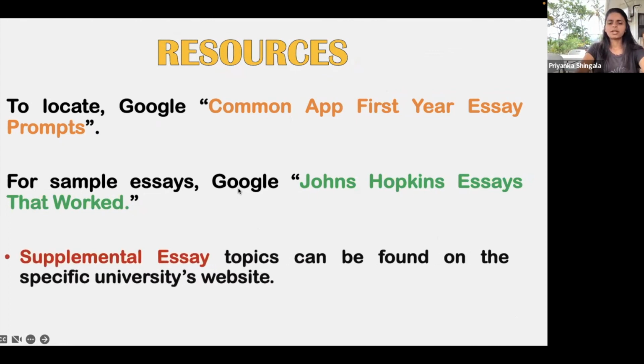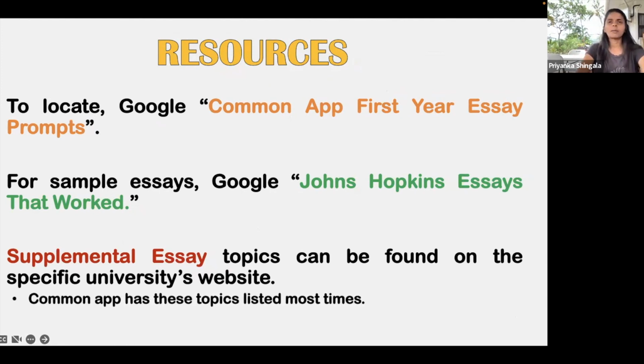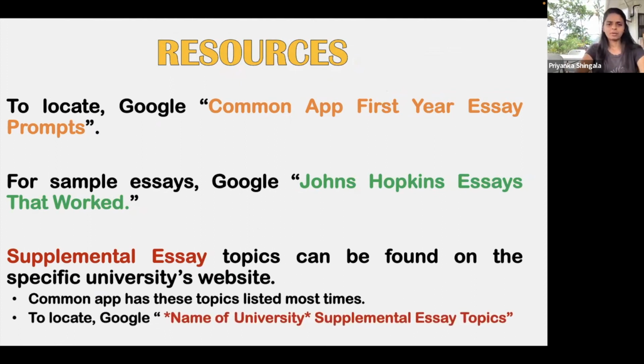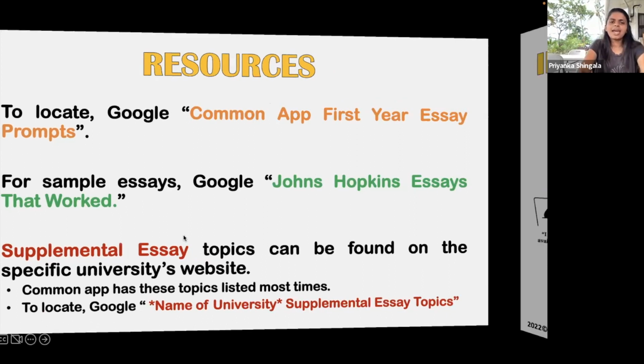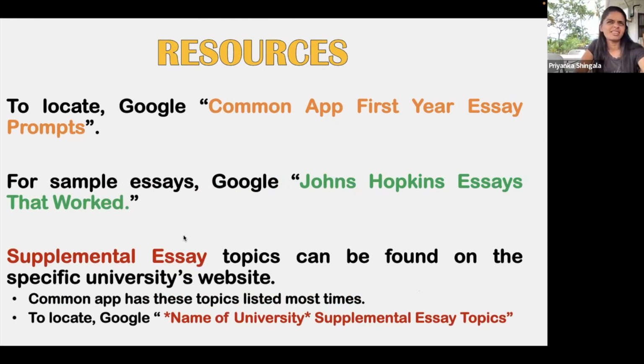Samples. So one of the biggest things is we don't know what an essay is supposed to look like. I like Johns Hopkins essays that worked. A lot of universities do these essays that worked. I like Johns Hopkins because they provide the admissions committee's feedback, which is the most important part, because others just show you the essay and say, hey, this is it. But you can't figure out, some essays sound good, some you're like, oh, I don't get it. Even for the Johns Hopkins ones, I've had students read them and some of them are like, I don't like it. I don't get it. I would never have picked it. And that's all good. Now let's take a look at what the admissions committee had to say for it, right?